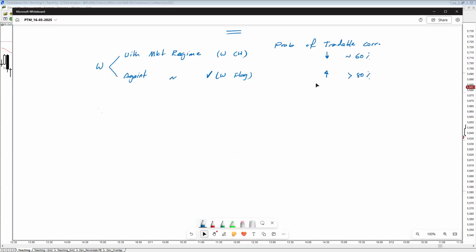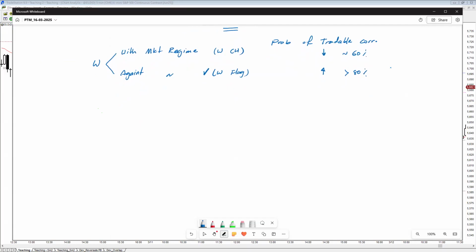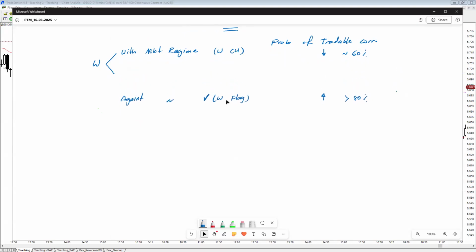So these are the approximate probabilities, and this is like the general CE, but then you take this and customize it based on the other information the chart is providing. Now there is a sort of third classification, and that is with respect to wedge channels. So if you take the wedge channel, let me just modify this a little bit. So take all of that and move down. All right, so there's a sub-classification here, which is wedge channel